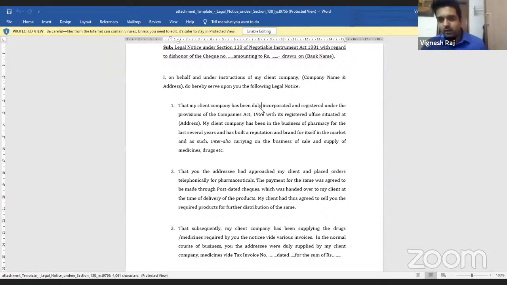That towards a discharge of debt, you had approached my client and placed orders for so and so, or sought for a loan amount of so and so, depending on the situation and the particulars therein. You have to specify how exactly the transaction happened. So,